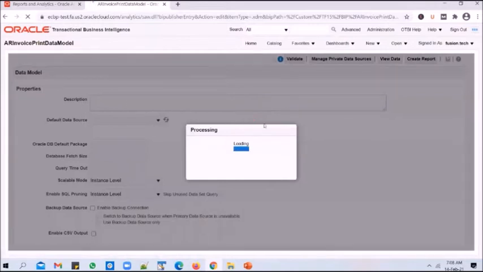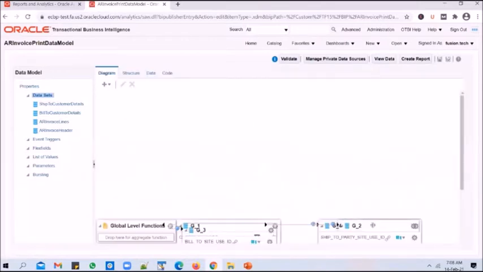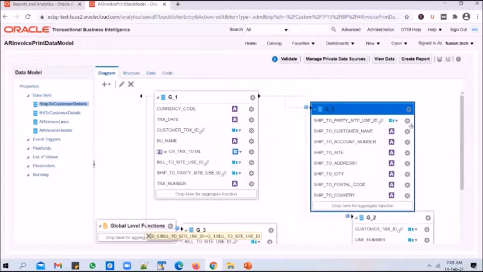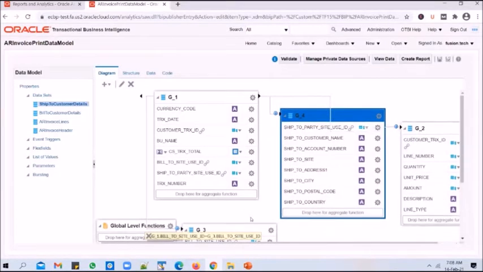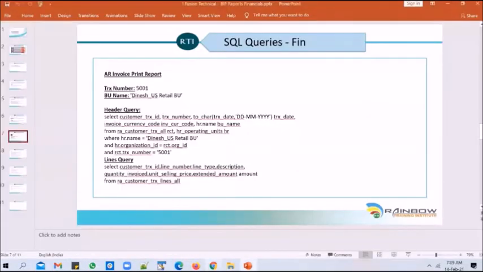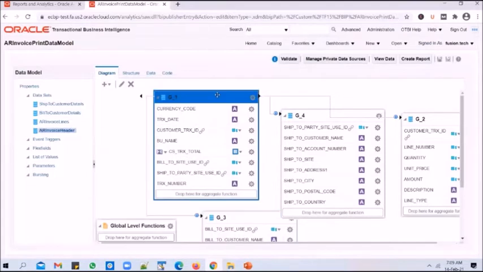And we have discussed at length how you can identify the tables for a given use case and how to join them. I've also explained how to use multiple data sets along with the join conditions. So as you can see here, how many queries do we have? We have 4 queries in total. And G1 is the main query.